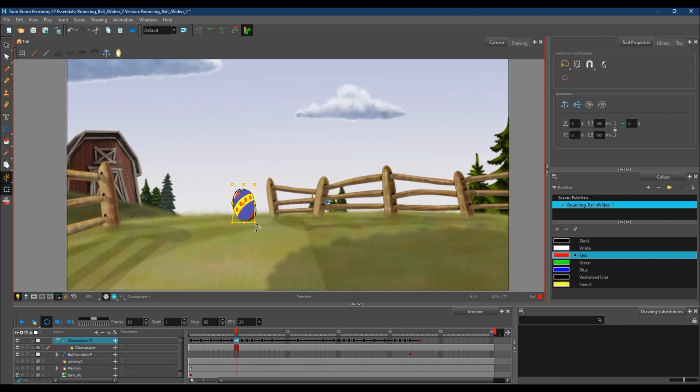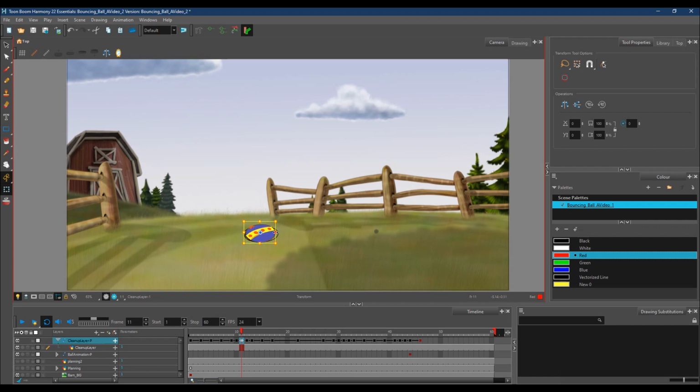Now you can see here that if I start to rotate this, it's going to rotate from a center position. I need to move this pivot over to the side like that, and then because I had set those keyframes on the position first,